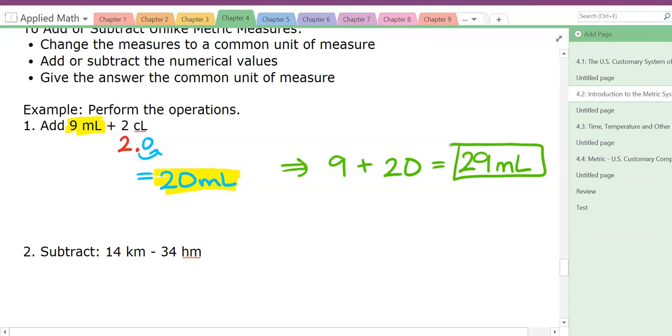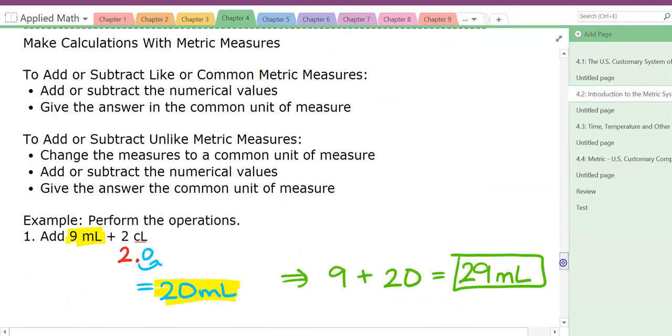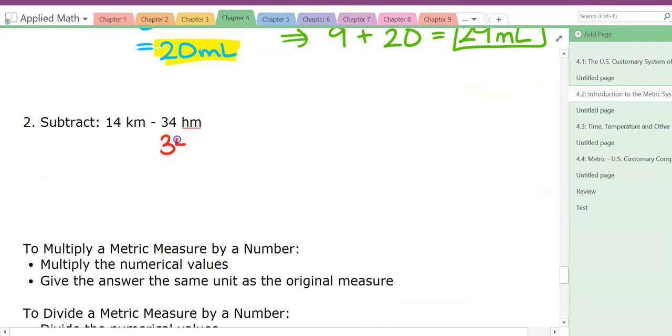Okay, number 2, we want to go 14 kilometers minus 34 hectometers. So let's go back up to our chart for a second. So if I've got 34 hectometers, let's change that to kilometers. So am I going to move my decimal if I'm going up 1? Am I going to move it to the left or to the right? Left. So we're going to take 34, the decimal is right here after the 4. I'm going to move it 1 to the left. So that would be 3.4